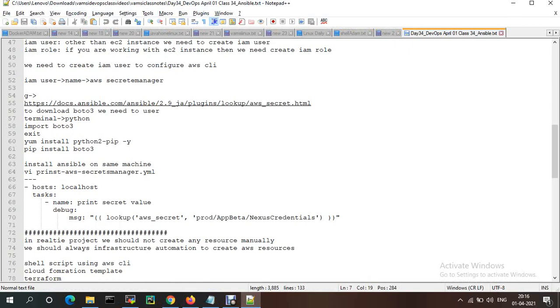Now localhost. The module is the debug module, and this is the YAML file.